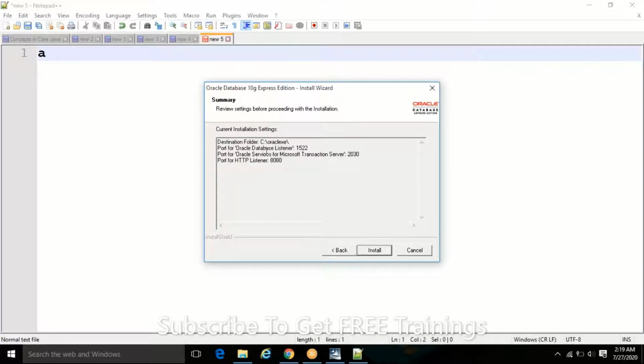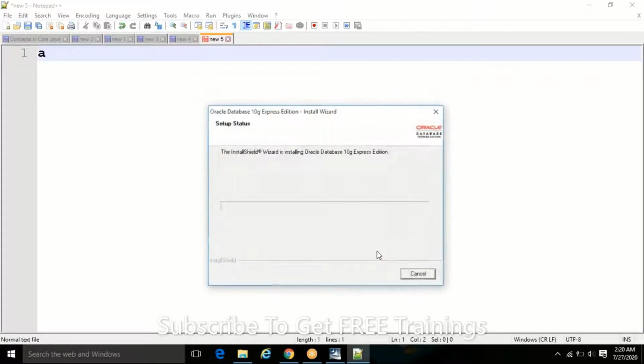Then it is showing Oracle database listener 1522, Oracle service for Microsoft transaction service 2030, and port for HTTP listener 8080. Okay, right. Just click on install. It is installing.